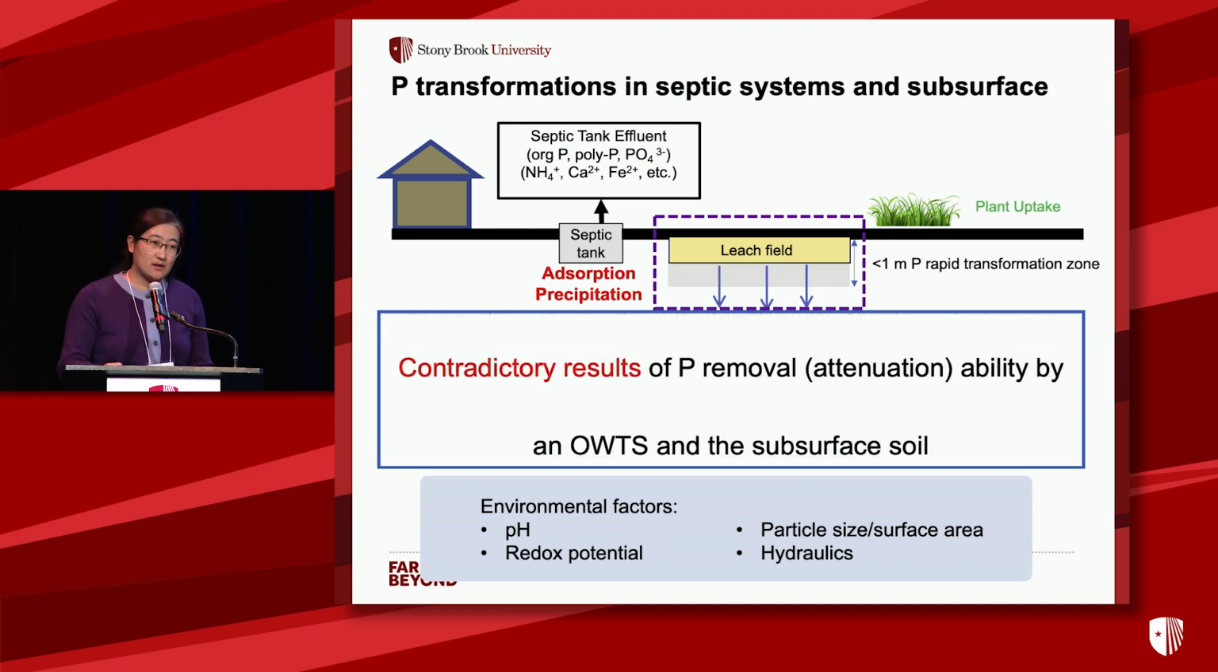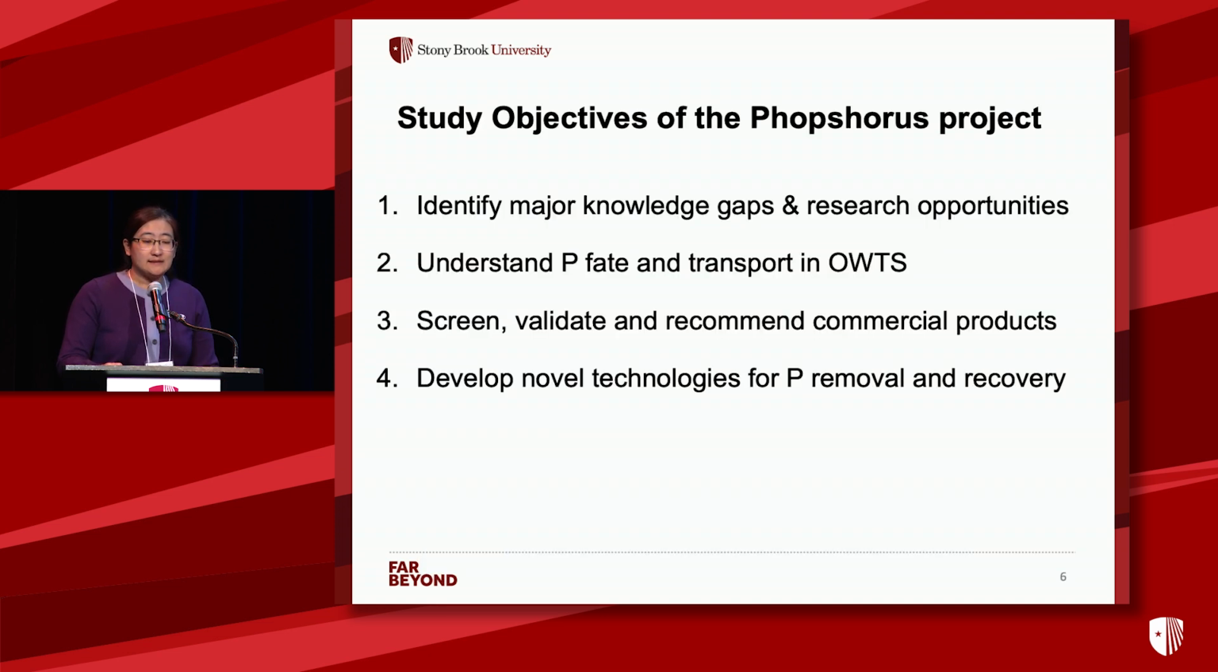When we look into the literature, with dozens of studies looking into this problem, we found contradictory results in terms of whether our current leach field-based on-site system is effective to attenuate or remove phosphorus. That leads us to think about what we are going to do to deal with this phosphorus pollution, especially in upstate New York, where we have hundreds of freshwater bodies that may face this problem. So we first ask ourselves, what are the major knowledge gaps and our research opportunities? And based on the findings, we further look into three separate coherent research areas